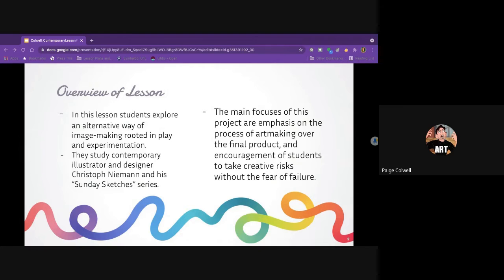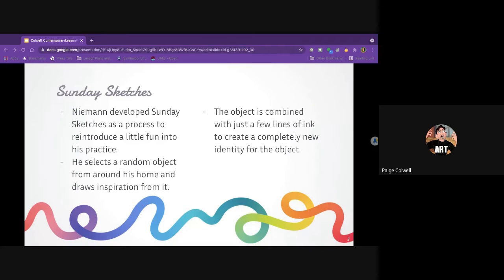I introduced them to contemporary graphic designer and illustrator Christoph Niemann and his concept of Sunday sketches, which is an exercise that he created based on his own creative process. These drawings are usually very simple, which makes them less intimidating for beginners. Niemann takes a random object from somewhere around his house and he sits with it for a little while. He looks at it from all different angles and he tries to see what else the object can represent or be transformed into. He combines his object with just a few lines of ink, and then suddenly you have a